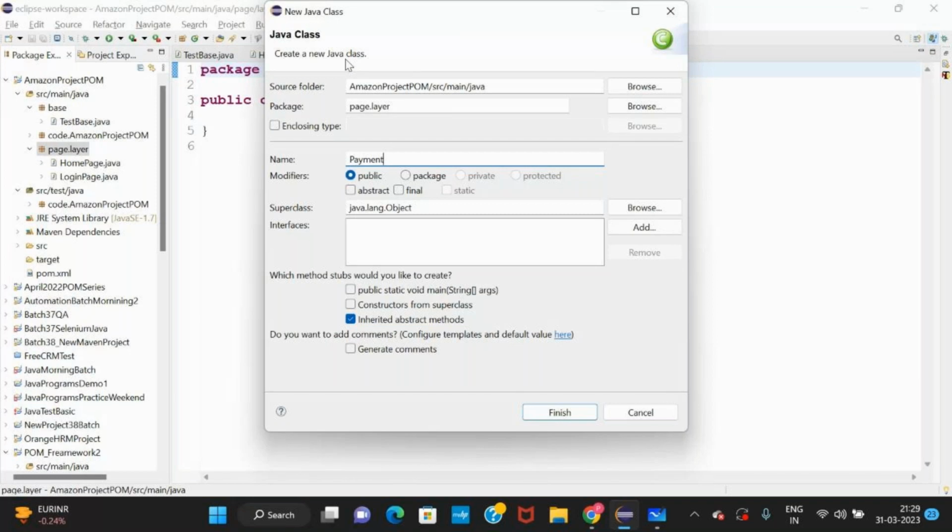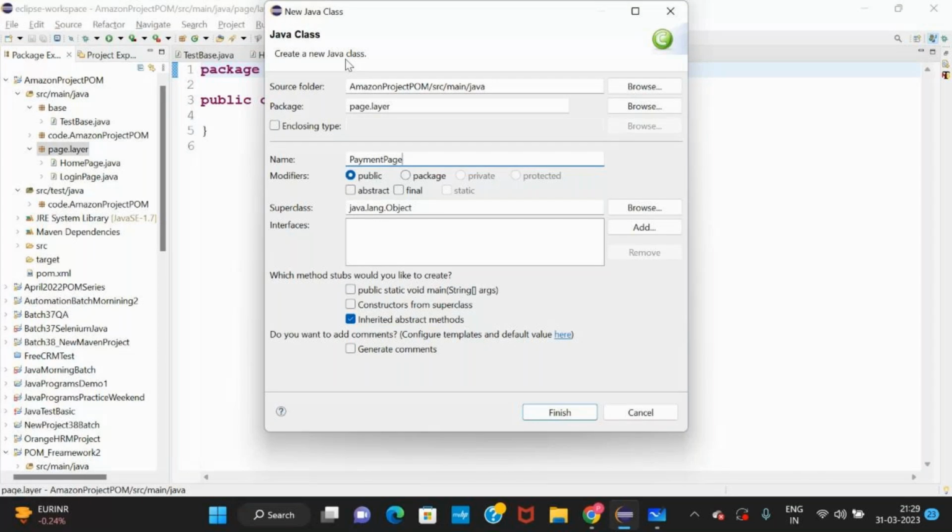And later Page: capital P, small a, g, e. Capital P again. So all the classes in Java, we are going to create with the first letter of each word capital.